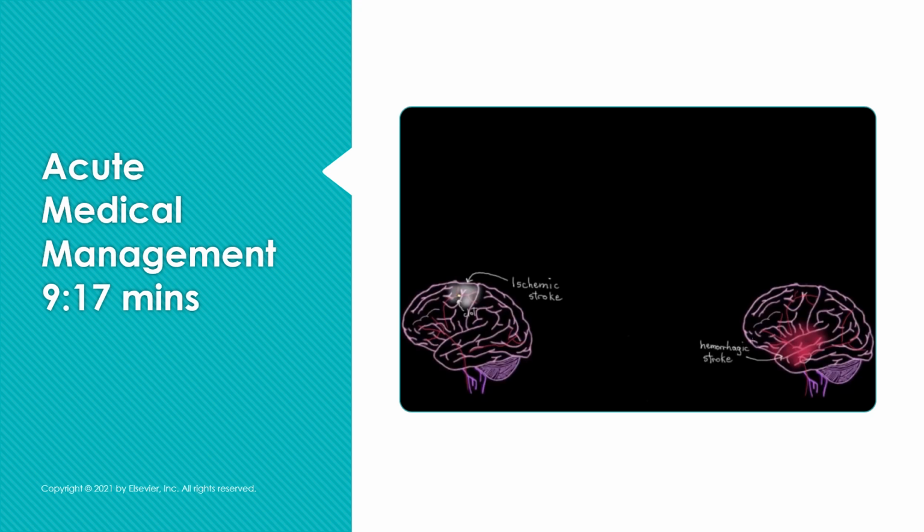But how does the type of stroke you have influence treatment? Well, for ischemic strokes, which you can usually identify on imaging, actually, let me clarify that. You won't be able to see any brain changes on CT scan right after a patient's had an ischemic stroke. That's why the CT up here looks pretty normal. But the key is that it doesn't look like a hemorrhagic stroke CT scan, which I'll show you in a